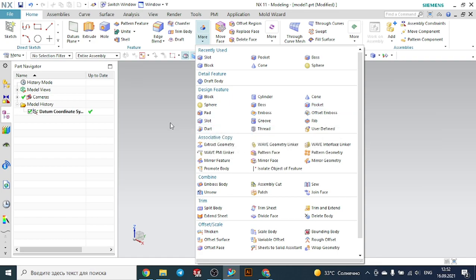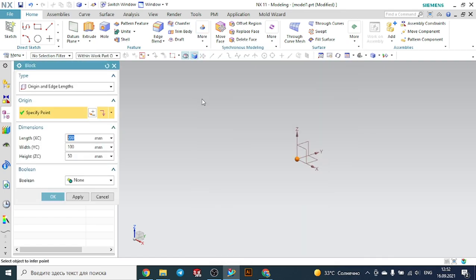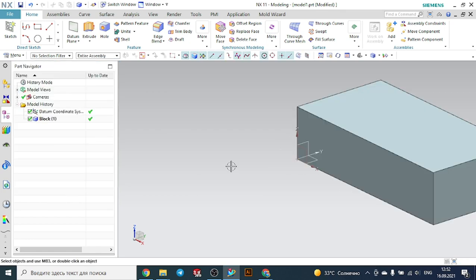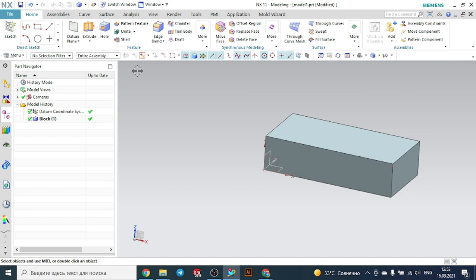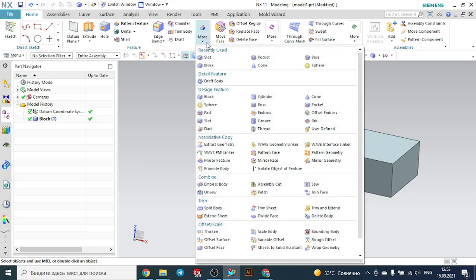So in order to see the other design features, let's create first a block. We have seen how to create the block. So here origin and edge line. So origin is here and press OK. So I created the block here. So I will go to the first design feature. Let's start with, for example,